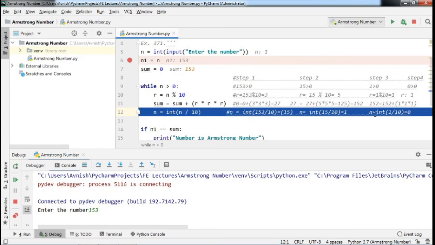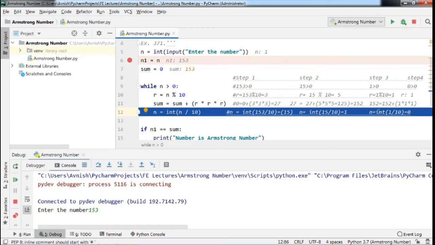And in the next step, we are going to calculate the input value. Here the previous value of n is 1, and 1 divided by 10. Here the actual value is 0.1. 1 divided by 10 means 0.1.